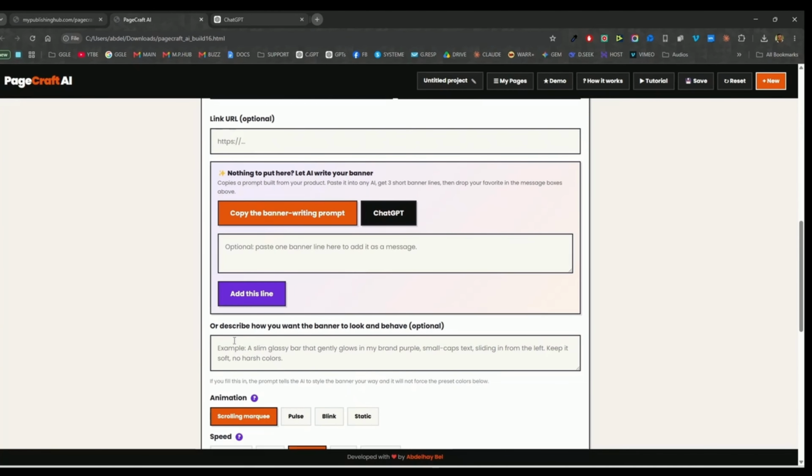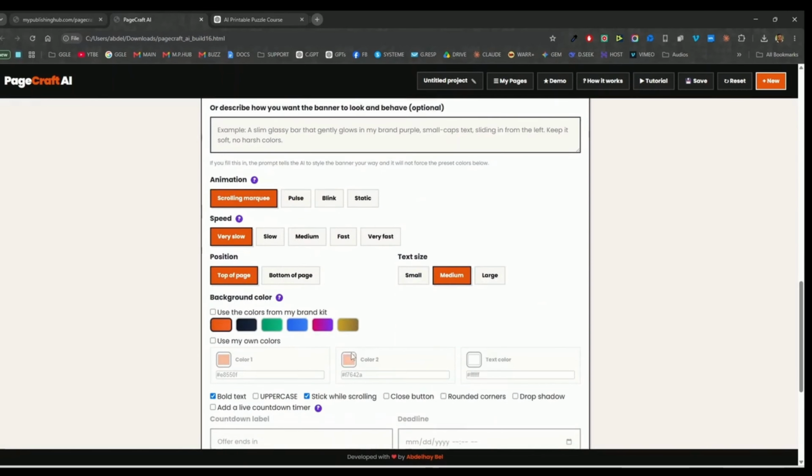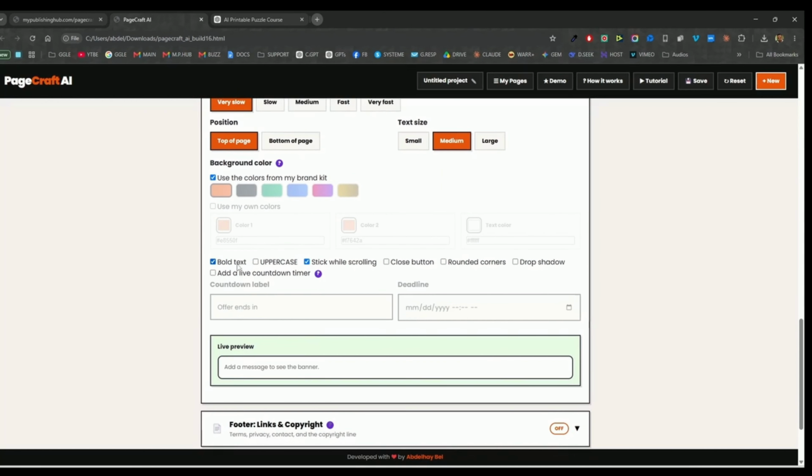At the bottom here, you can describe how you want the banner to look. Here are the animations: pulse, blink, static, and speed. If you want it very slow or very fast, let's choose very slow. Position: top of the page or bottom. Text size: medium, large, etc. For the background colors, use the colors from my brand kit. And I want the text to be bold, uppercase, sticky while scrolling, close button no, drop shadow yes, and